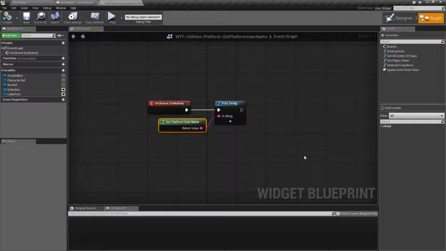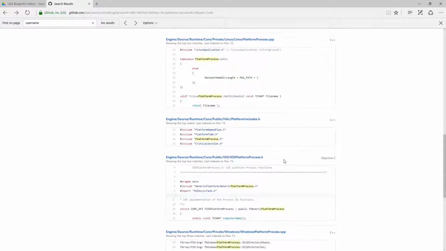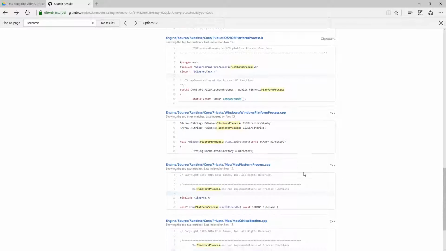So this node basically talks to the platform, grabs whatever is appropriate for the username, and returns it in a string format. And that's it. If we look through the code, you'll find that it is implemented generically. So if the platform doesn't support it, for example, HTML5, it's going to return back generic user. However, if it does support it, and as far as I can tell, things such as Android, Linux, iOS, Windows,